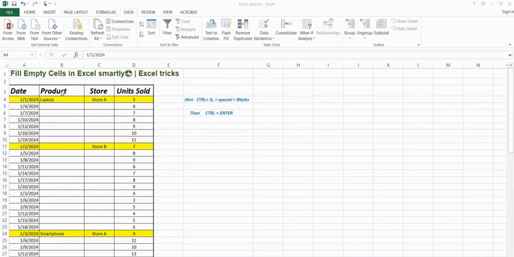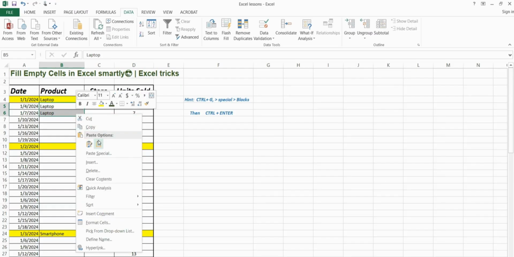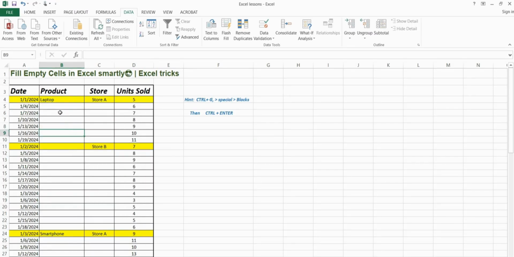Today I'm going to show you how to fill empty cells in Excel smartly. Do you still fill this kind of gaps by typing like this? This is time consuming. So I want to show you a way to do this by a simple click that